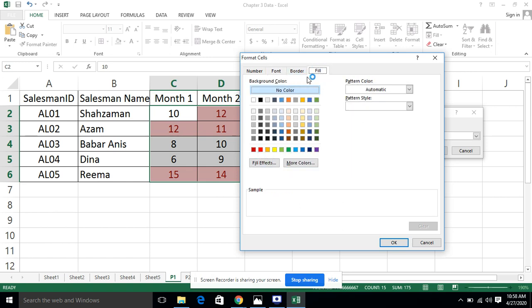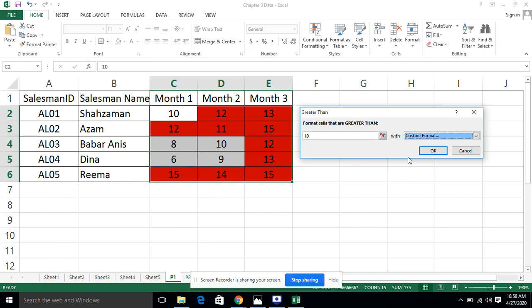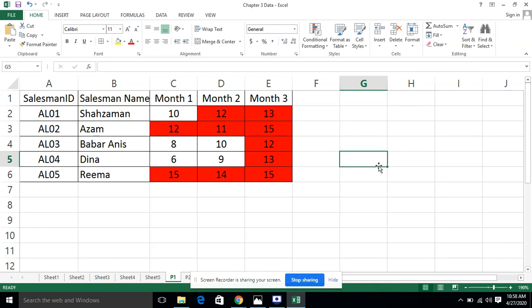In the fill option you will see that the red background color is there, so we will select the red background color, and when we click OK, you will see that the red background color has been applied. Now you can see that wherever the cars sold are greater than 10, 10 is not included, keep in mind, greater than 10, it has made it a red color background.